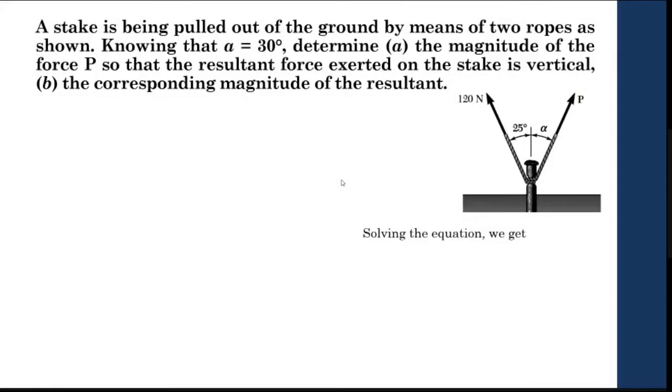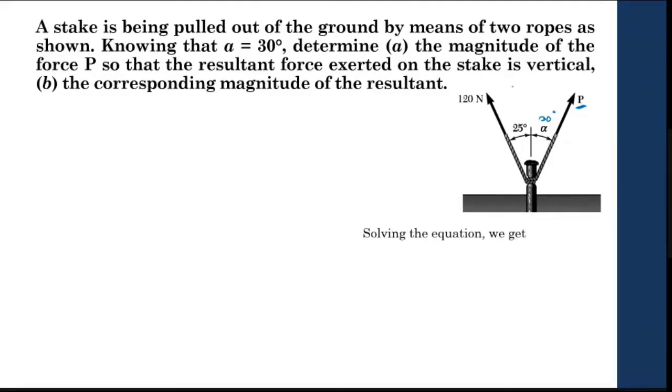Let me consider here. You can see there are two ropes, similar to that. They mentioned alpha, which is 30 degree. This is also given. They are asking what is the resultant force P. So this is also a case where you can use triangle law. If they ask for the resultant, you go for parallelogram law. If they give the resultant and ask you to identify other forces, you can use triangle law. But anyway, you can solve in both. I will show you in both cases.